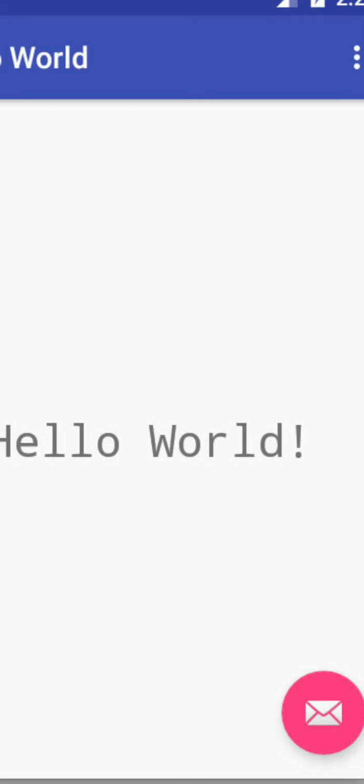You can also do the drag and drop operation on the text view. After the drag and drop operation, the text view will be kept selected. We can now change the properties of the text view using the properties pane, which is to the right of the layout view as shown inside the rectangle. Please click the arrow shown inside the circle to open the basic editable properties of the text view.